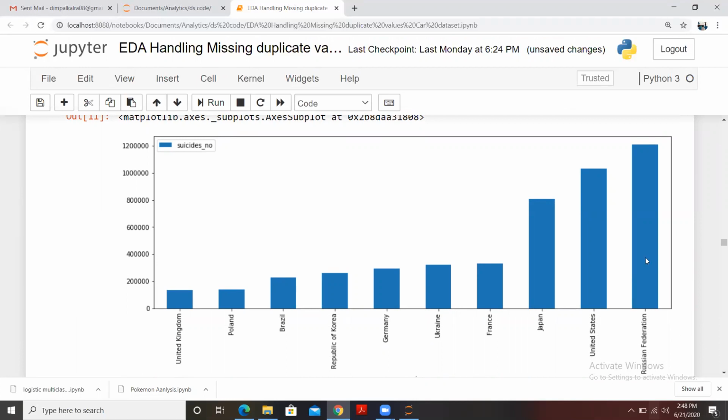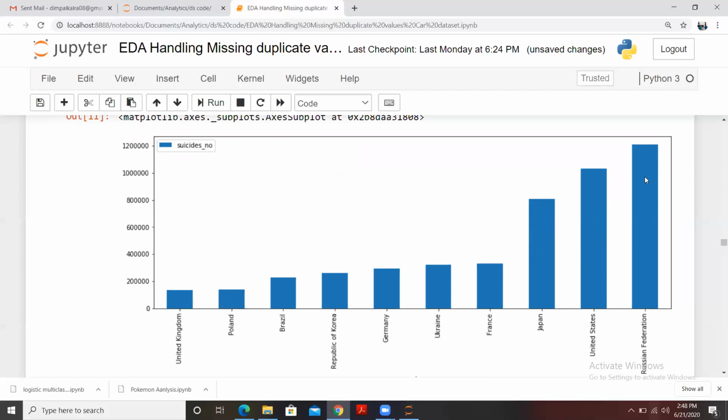So these countries have the maximum number of suicides, and these both have the minimum number of suicides, United Kingdom and Poland. Comparatively, you see these three have the highest suicide numbers, and these are the minimum, and there is a huge difference between them. If you see, this is the maximum mean.